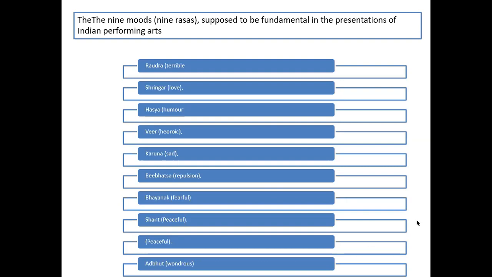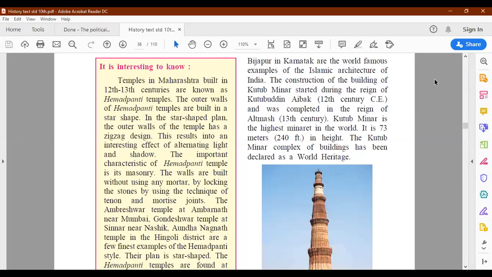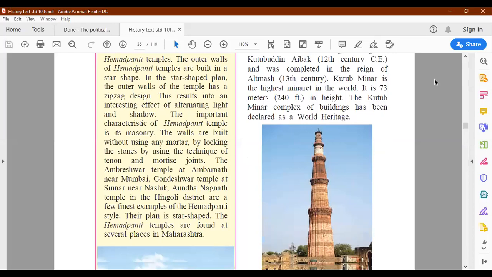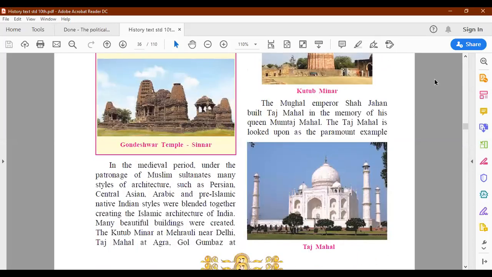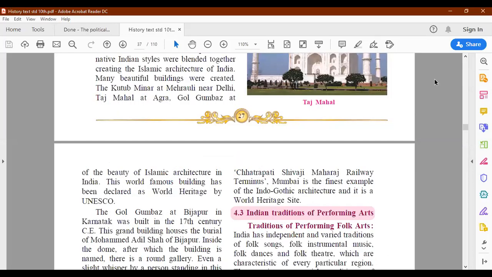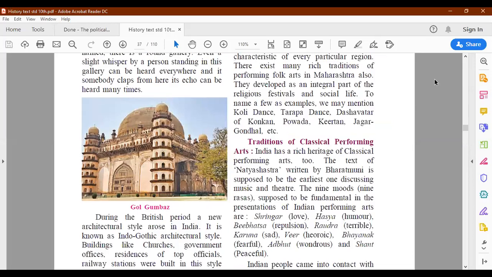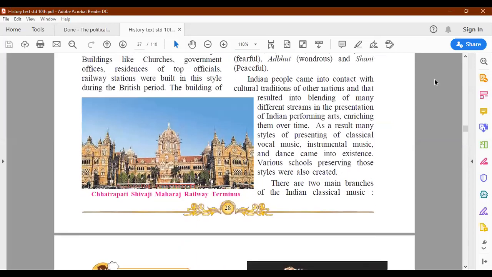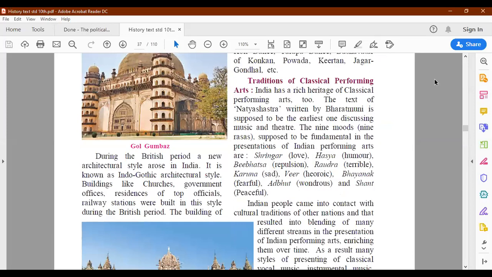Just now we have discussed in this video Hemadpanthi temples, Islamic architecture and examples of it. Then you have the Indo-Gothic style of architecture built during British times. And then we have the traditions of classical performing arts.